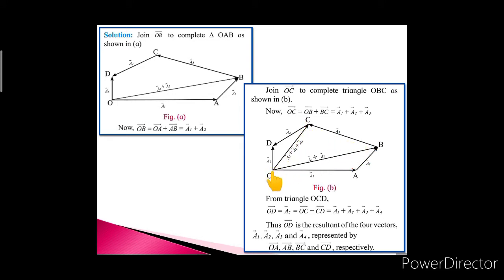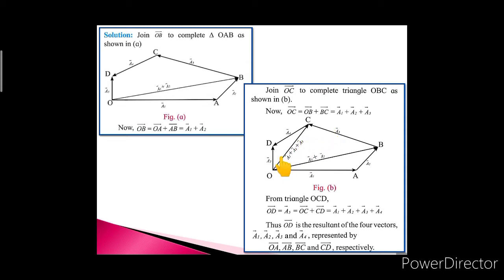So in this triangle, we can say that the side OB represents one side of the triangle, then the vector BC represents the second side of the triangle, and the addition of these two vectors, vector OB plus vector BC, gives the resultant, and hence the addition of these two vectors is the vector OC. As vector OB is vector a1 plus a2 and vector BC is vector a3, OC will be nothing but the addition of these, that is a1 plus a2 plus a3.